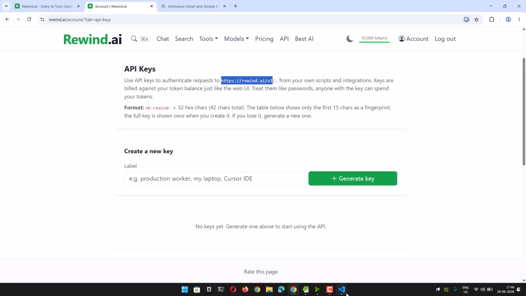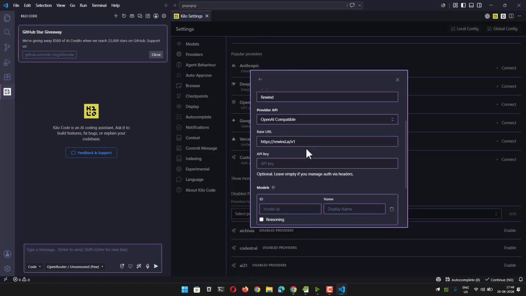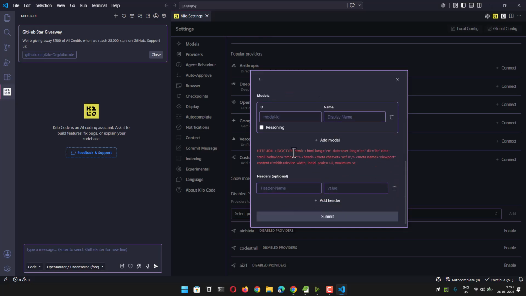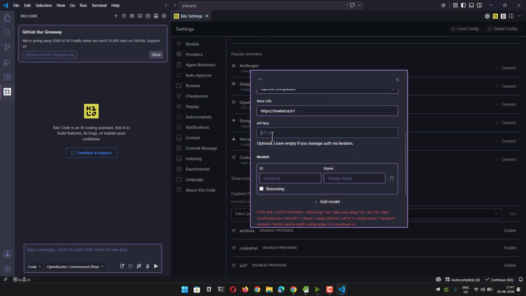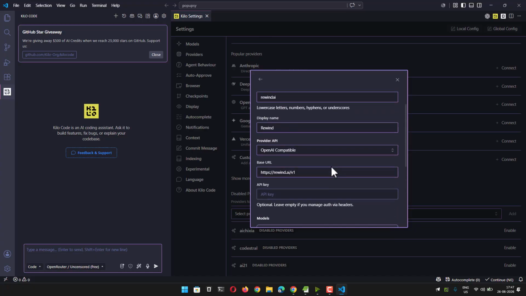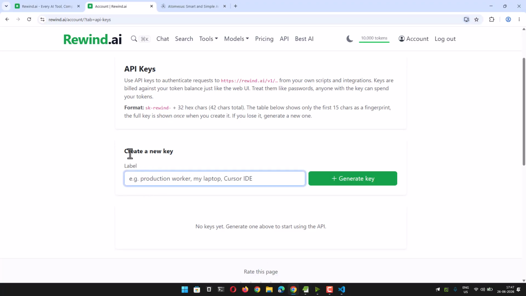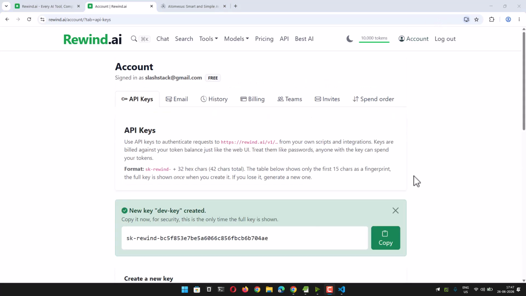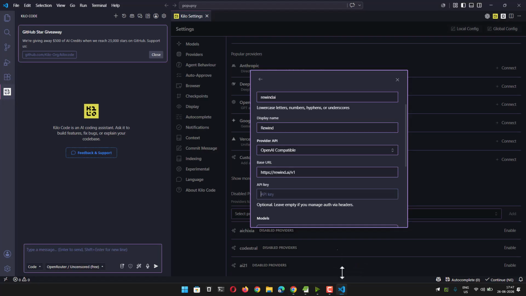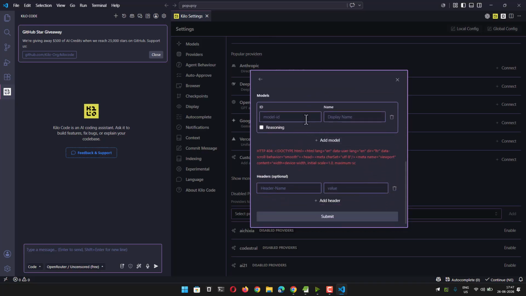So I will copy that and paste it here, and it will fetch all the models if there are any, right? It will also require API key obviously, otherwise it won't show you that, right? Now to get the API key I need to put the label in, right? So dev key, and I have to click generate, and as you can see, once you create key it will look something like this. Then I will copy and paste that here, right? Now it will authenticate and give you some models, and if it doesn't, then we have to manually add them,